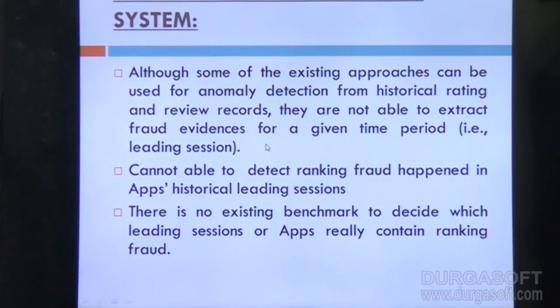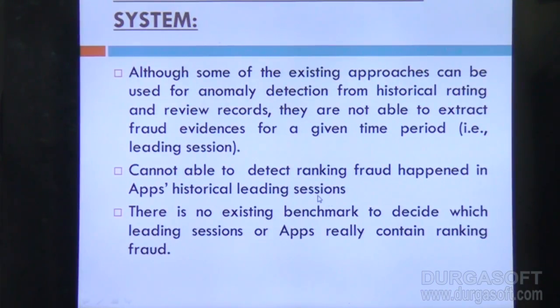They may be extracting the fraud evidences, but they are not calculating the fraud evidences. So I want not only to detect, we have to take the evidences also. They cannot detect the ranking fraud that happened in the app's historical leading sessions.